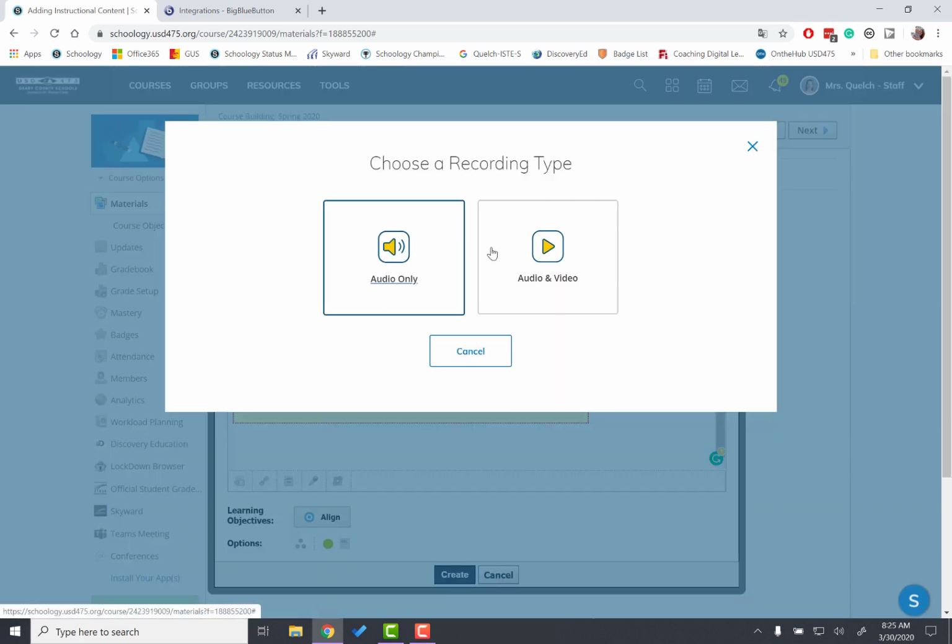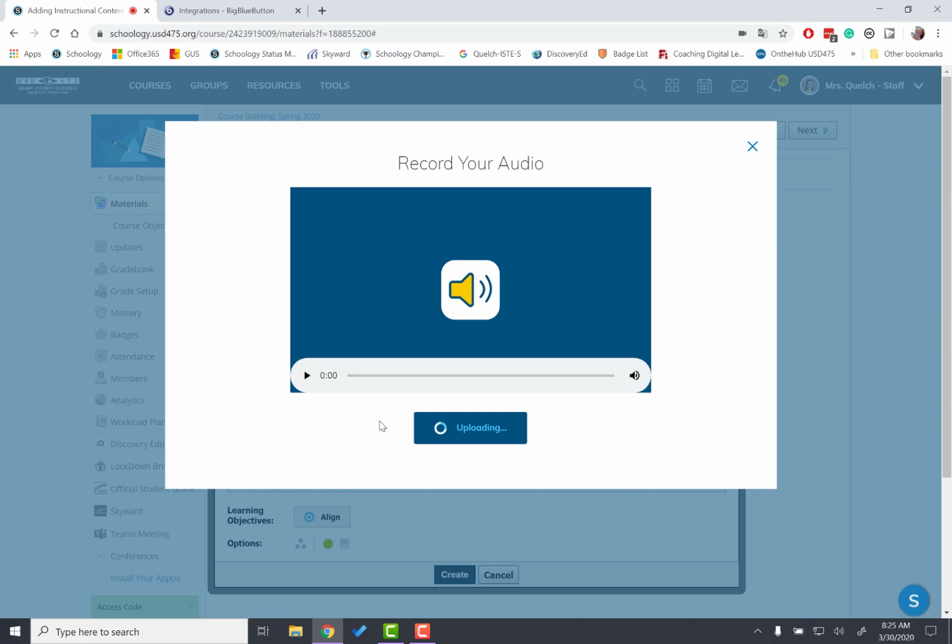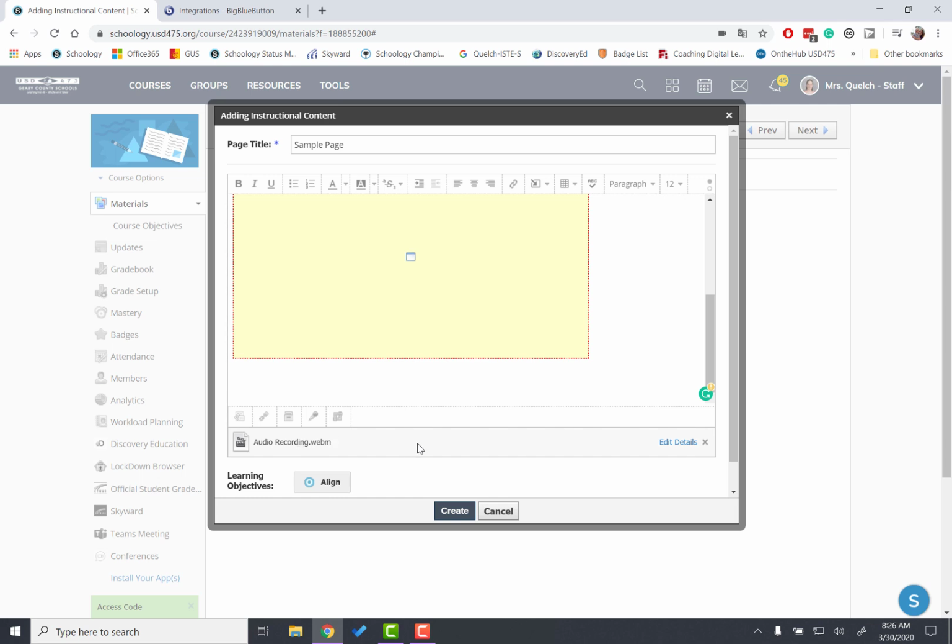And so you can click audio video. You can do audio only, video only. Okay. Start recording. You'll see the little timer running up here. Stop. And then you could play. Start recording. You'll see the little timer running. Okay, if it sounds good, you can go ahead and hit Insert Recording, and you'll see it down here at